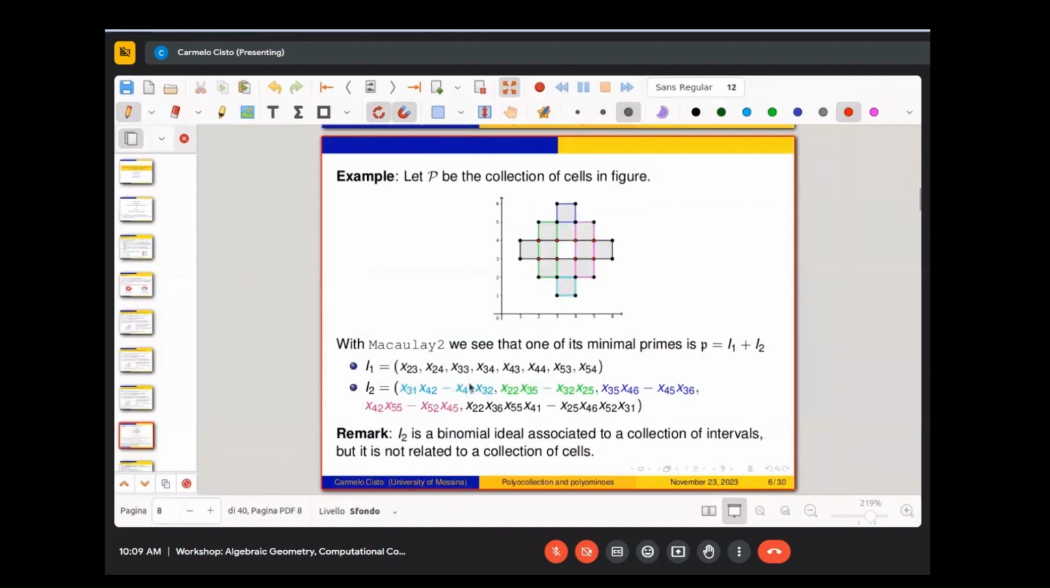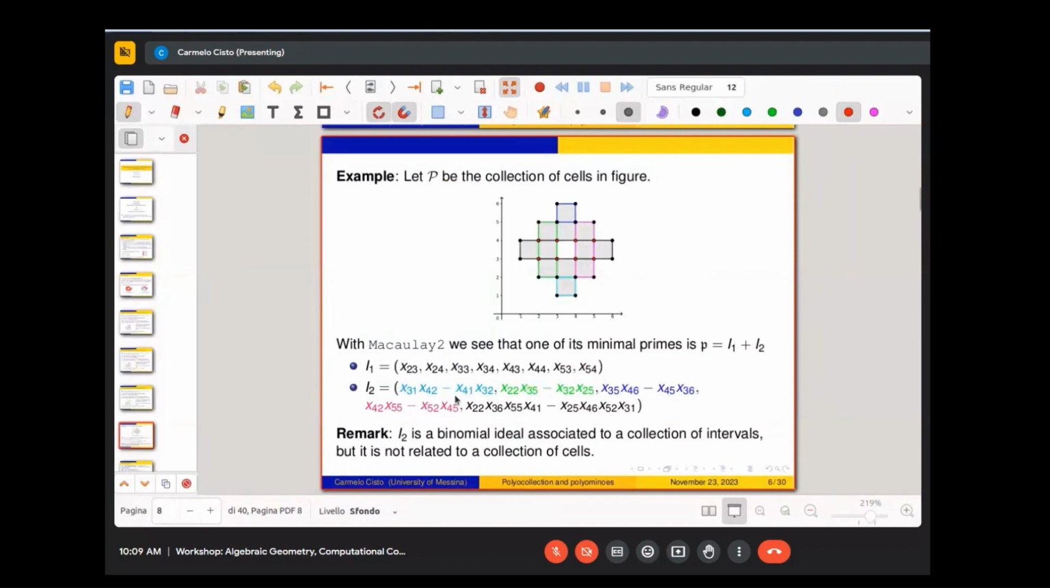Each one, the color is associated to the corresponding colored interval in the figure. But we can see that not all these binomials are associated to cells, or at least this interval is not, this ideal is not an ideal associated to a collection of cells. So